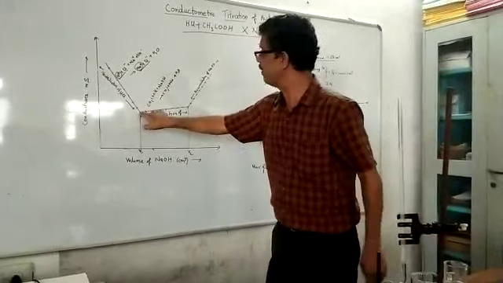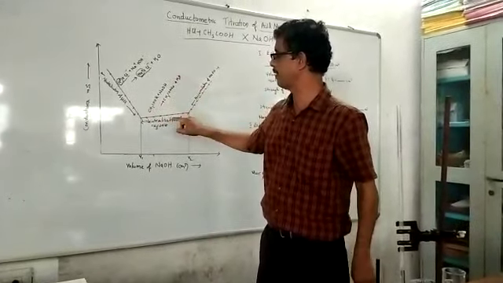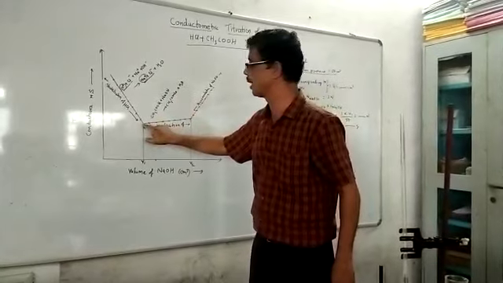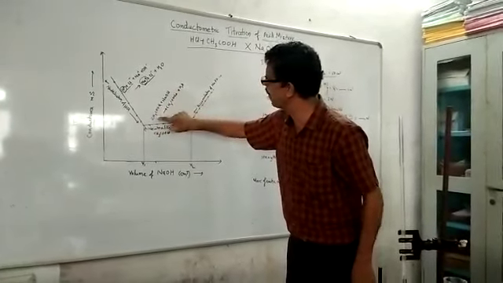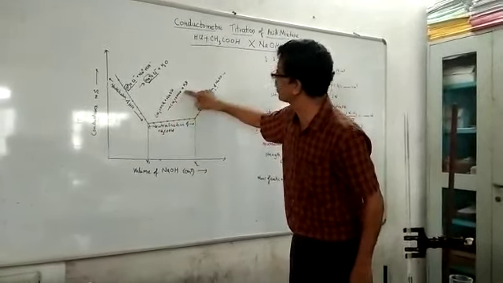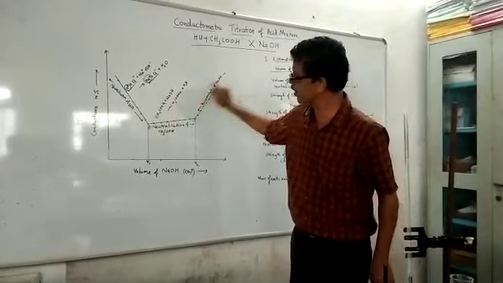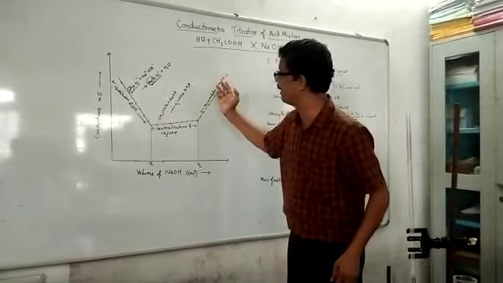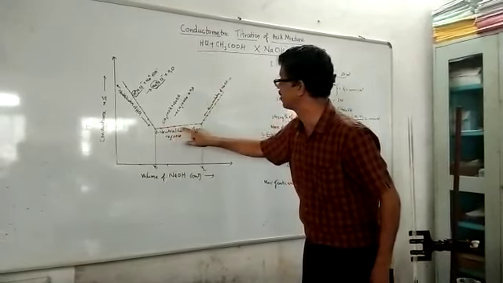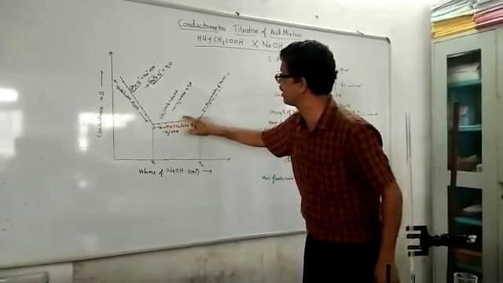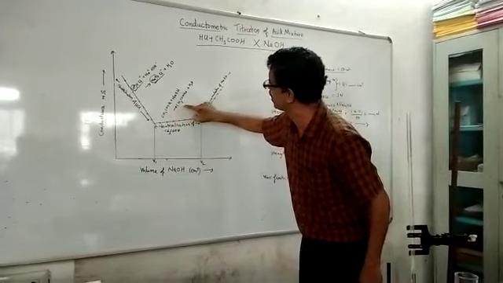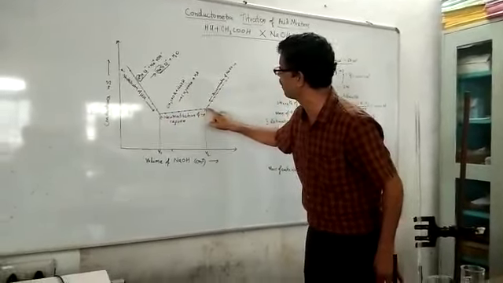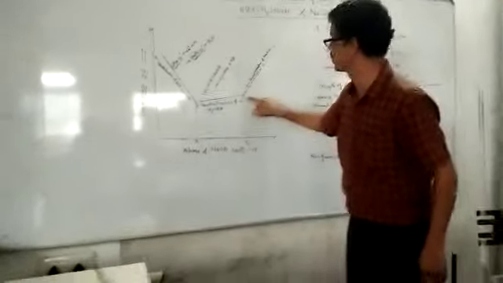After that, acetic acid starts reacting. Acetic acid, being a weak acid, has low conductivity. But when you add NaOH, this acetic acid is converted into sodium acetate. Sodium acetate is a strong electrolyte, therefore it ionizes completely, and conductivity increases. You can see here, the conductivity increases as acetic acid is converted into sodium acetate. So this is the neutralization curve for acetic acid. This will happen till all the acetic acid is used.